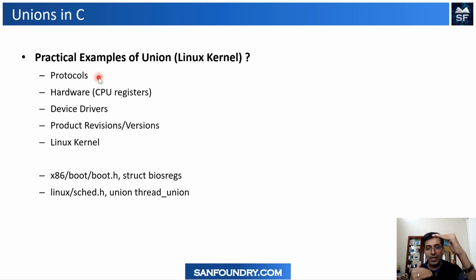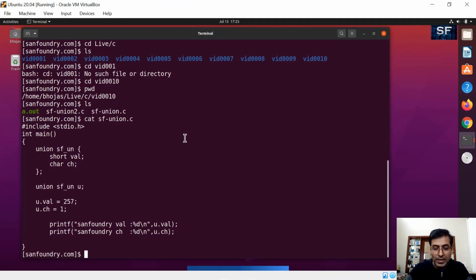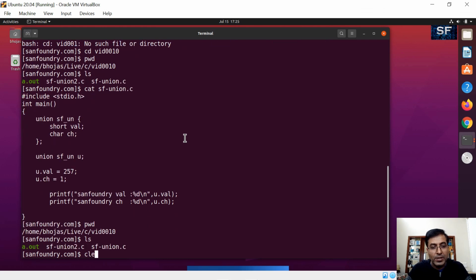So what we do is we have a union, and then inside a union we have 5 structures, okay? So how do we do that? Let's try to do a small code walkthrough on this. It's a code walkthrough, does not mean I'm going to write all this code. I'm just going to lay out a structure for you so that it is easy for us to understand what I'm trying to convey here.